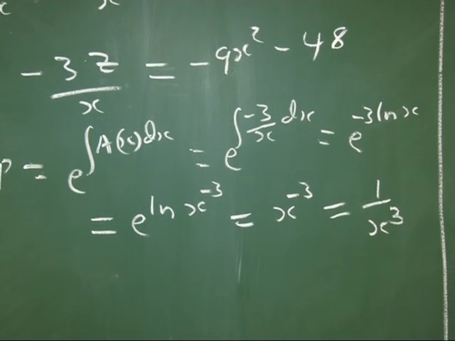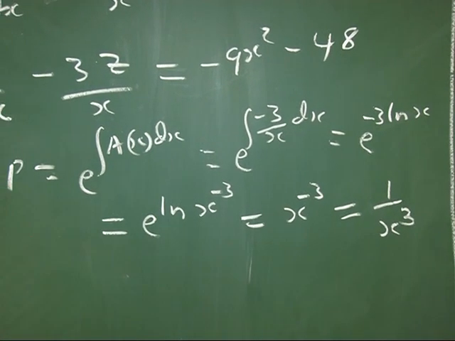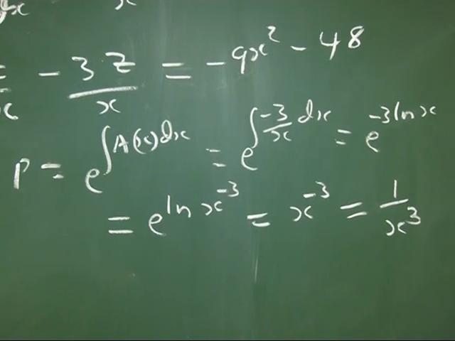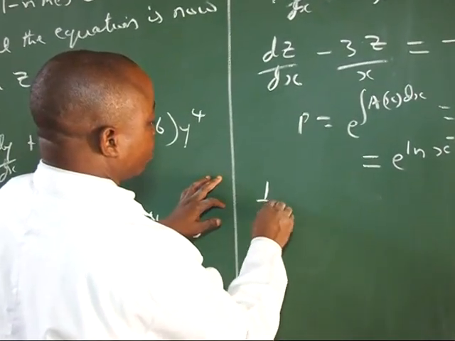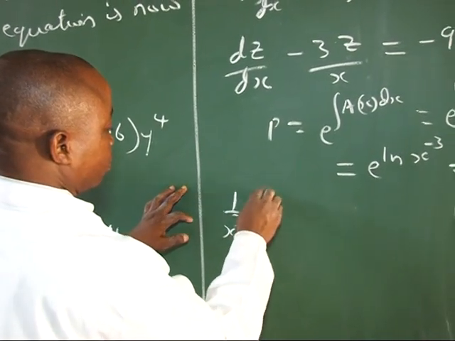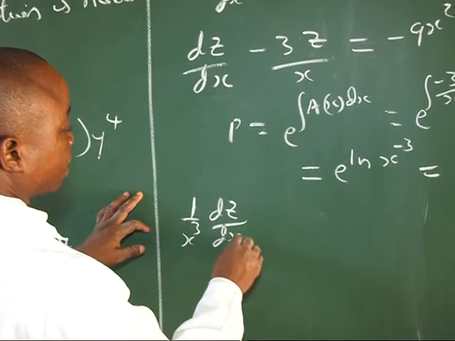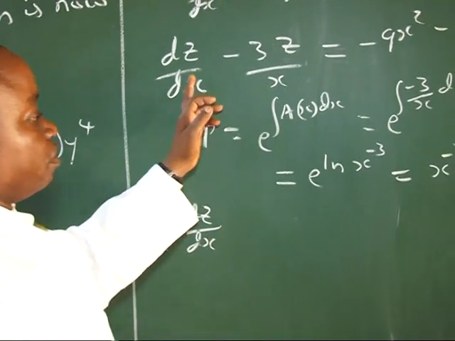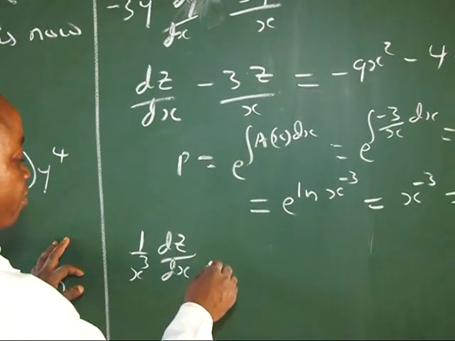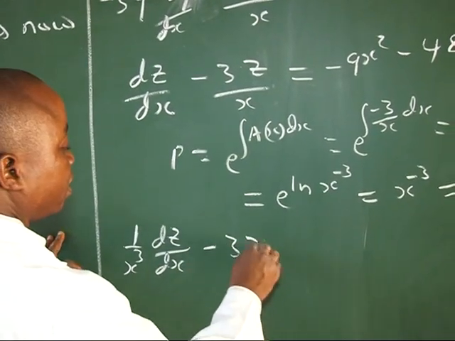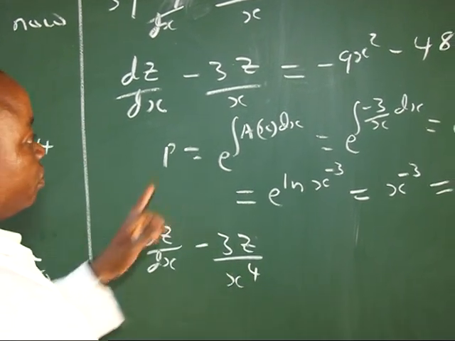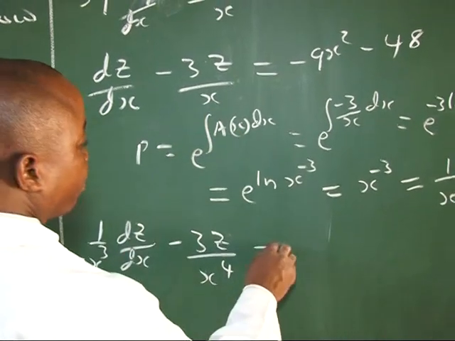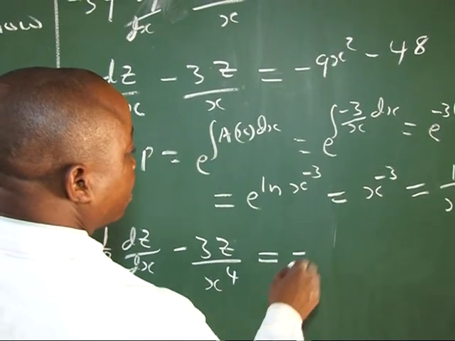So, the next thing is to use our integrating factor and multiply this as usual. So we now have 1 all over x cubed, the z all over the x. Then we'll tie this. We'll have minus 3z all over x raised to power 4. When we tie this, we have x raised to power 4. Then we have minus